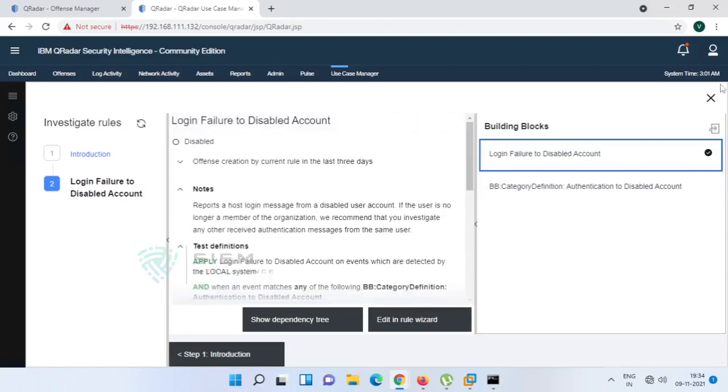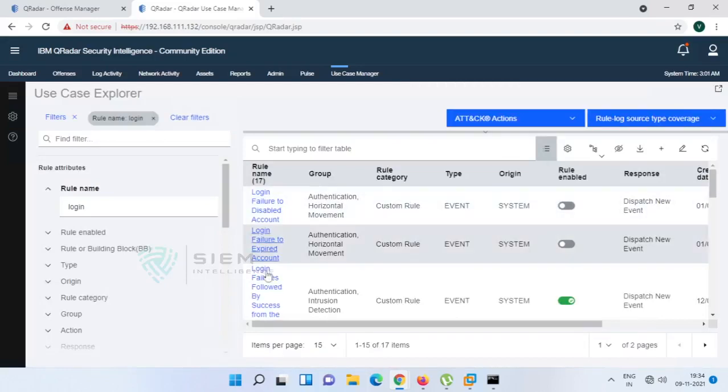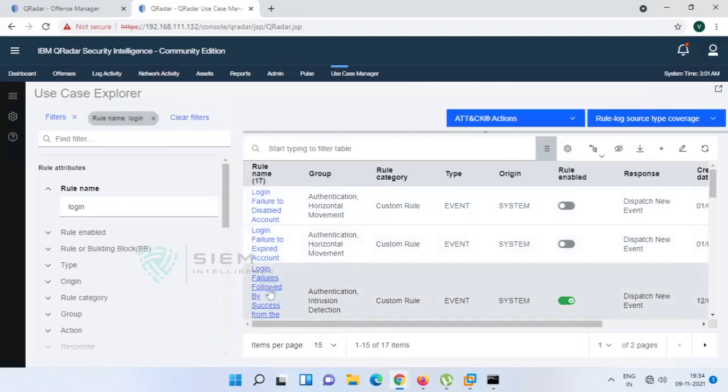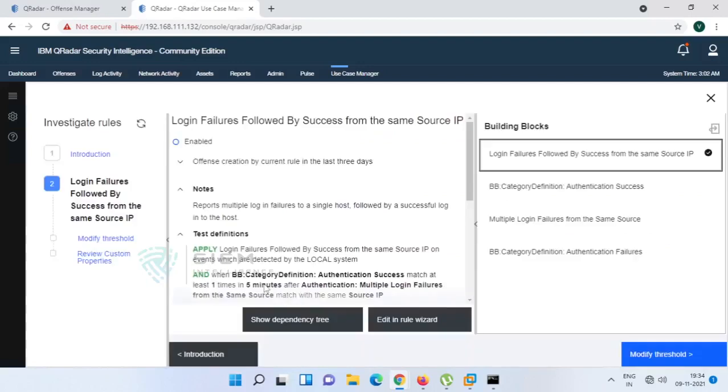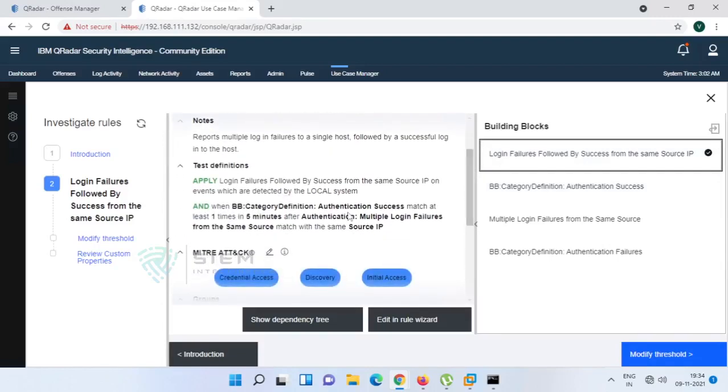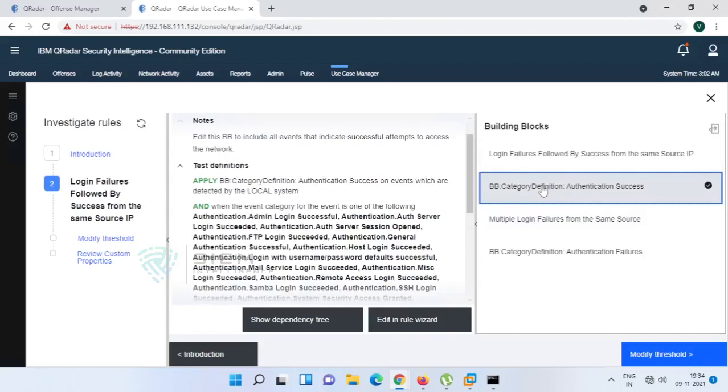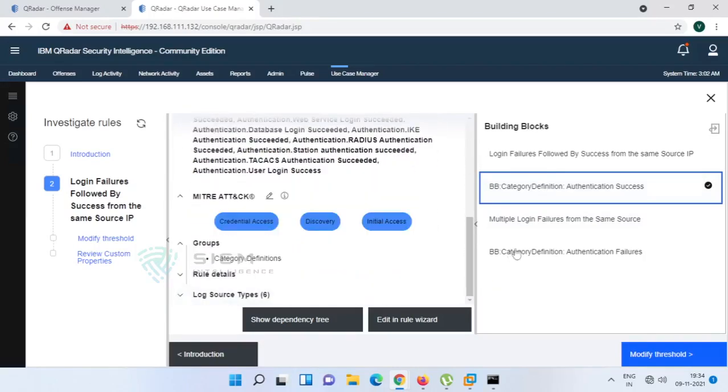Okay, so like that you can see any one of them, say, login failure followed by success. I'm checking and I'm showing this. If you are seeing, this is an enable condition, and again there is one building block. See, if you click building block, you can find multiple dependencies.